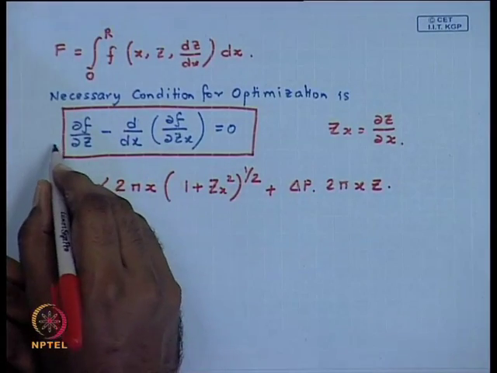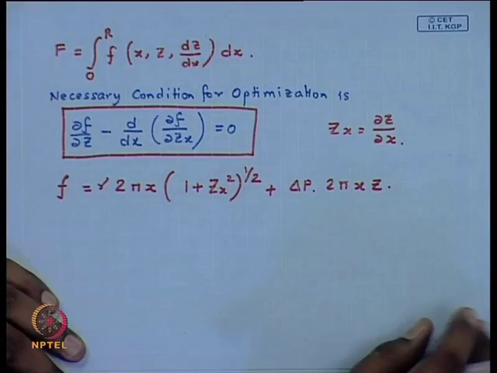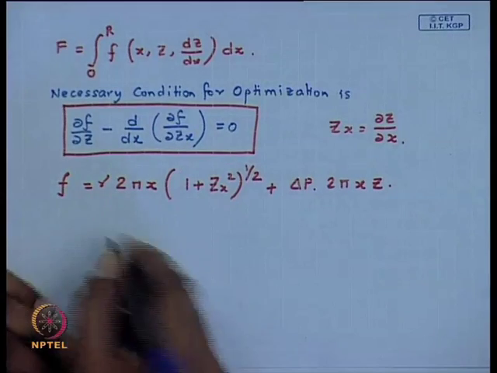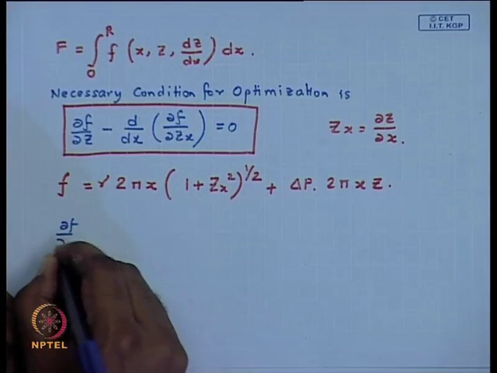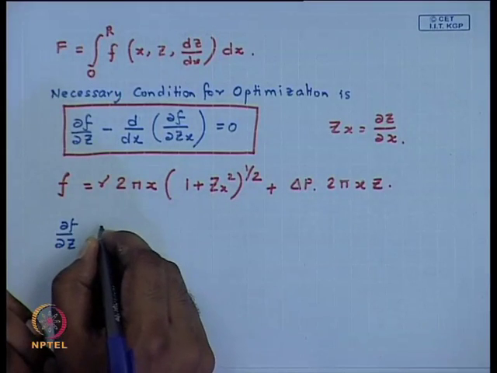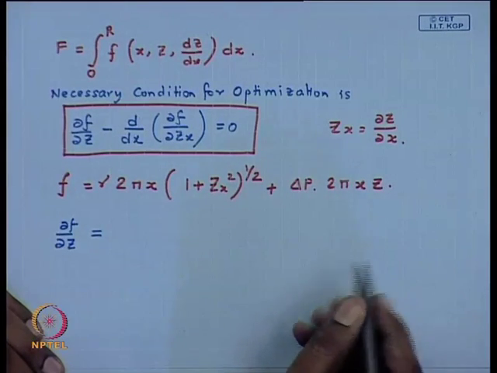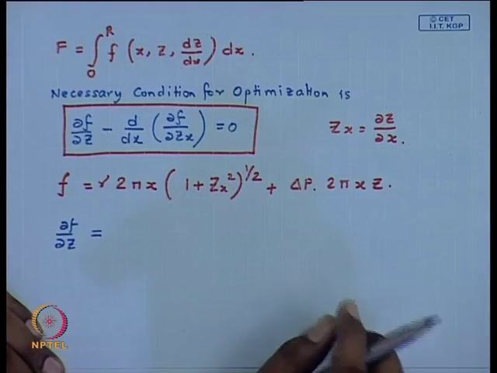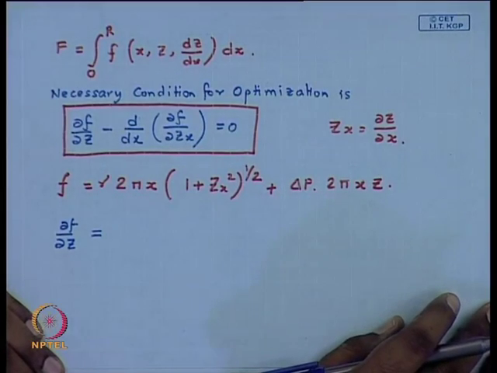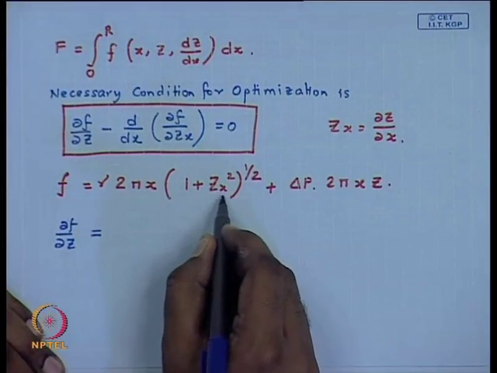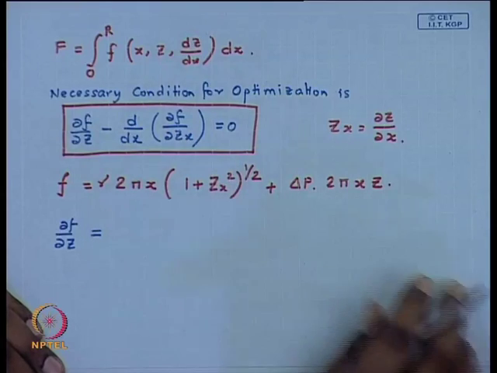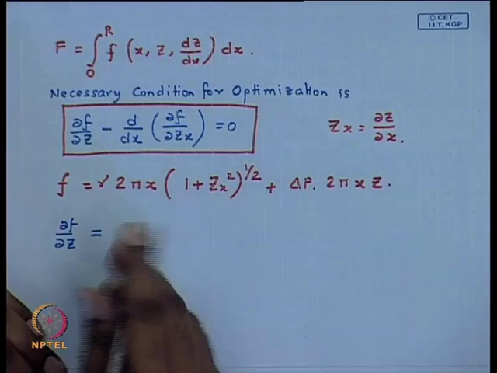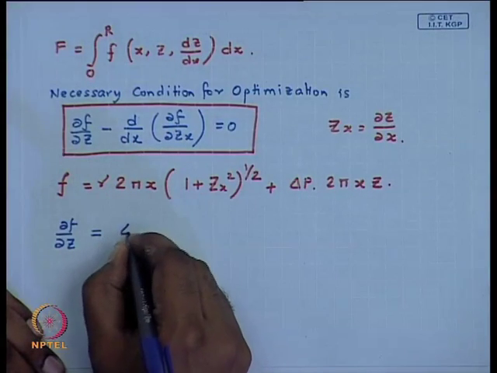Now, we need to look into the mathematical expression of each of these terms to find out the optimum. So, let us find out del f del z first. This turns out to be what we have here: in the first term, z is a function of x, and this is del z del x, so this anyway is not a function of z. Okay. So, none of the terms in the first expression are functions of z. So, what you get as del f del z is simply